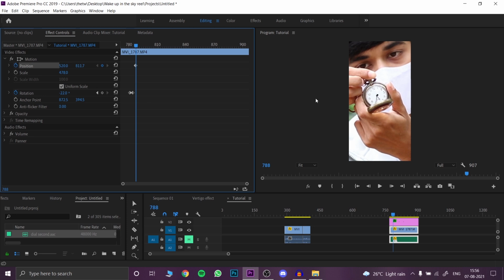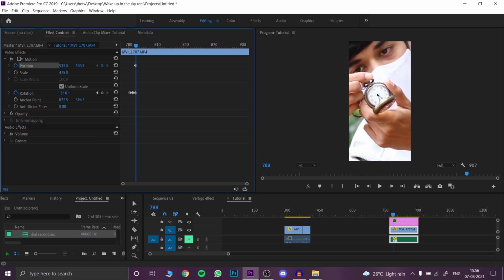So now because it is moving away, I'll keyframe it to be on the center again. And my dial is still not pointing down, so I'll increase the rotation. Now because my dial has moved away because of the rotation, I'll use the position markers to bring it back to the center.